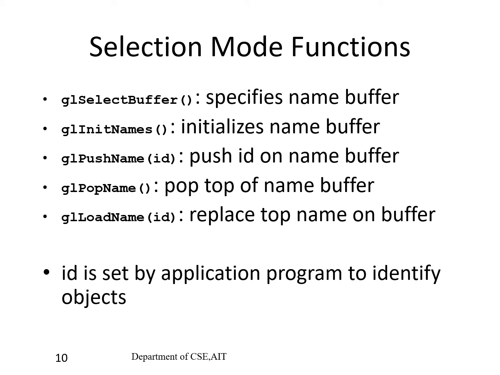This we have seen previously, and we also have one ID here. This ID is used by the application programmer for identifying one particular object. Put together, all this information produces a hit list, and it can be examined after rendering to obtain the information needed for our picking.